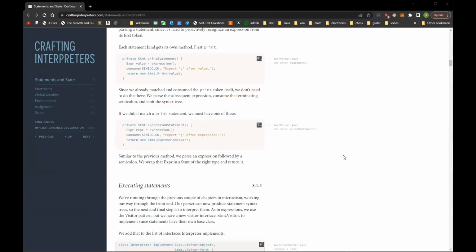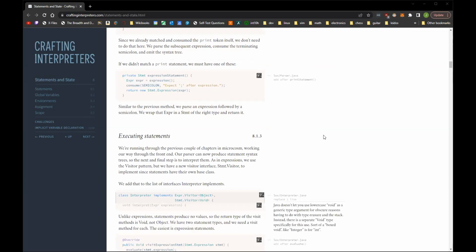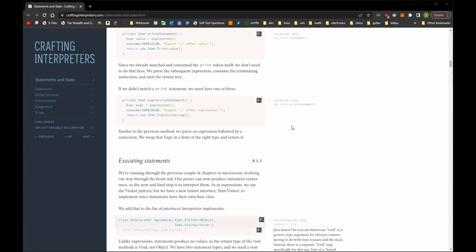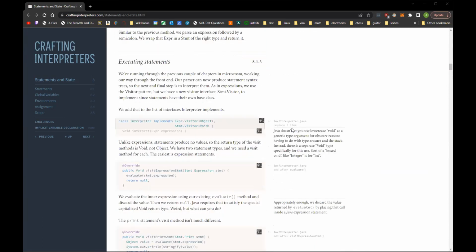So, Max, since Kotlin's a functional language, did you find it easier? I know in an earlier chapter, the author touched on the expression problem. Do you find it easier to add new classes or add new functionality? Well, I'm using the visitor pattern still. Oh, okay. I'm doing it the same way. I could have gone with a pattern matching thing, but I didn't. I guess technically I still could, because each of the expressions are different types. So I could still refactor my parser to use that, but I haven't.